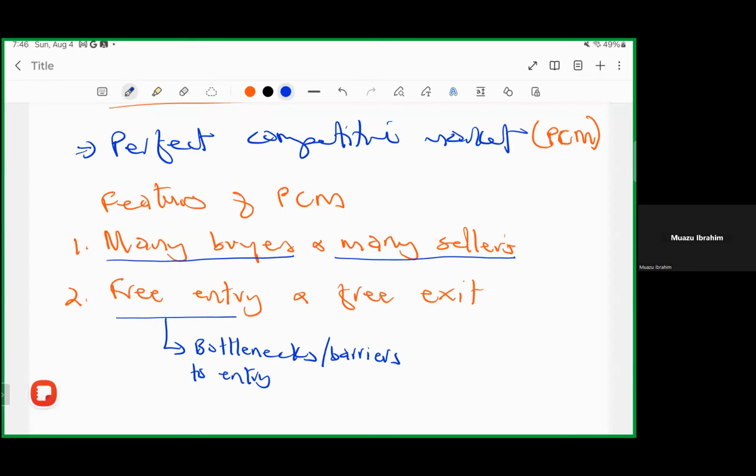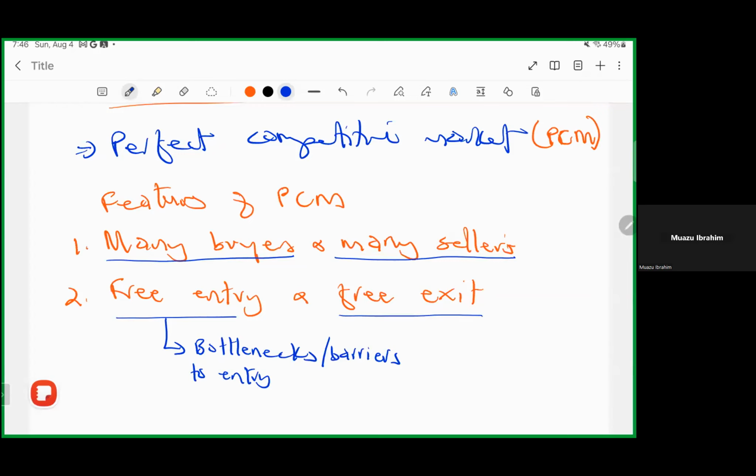Enter. If someone is selling and you find that the business is doing well and you are also interested in selling that same product, you do so the next day, if you have your capital. You can also enter that particular market to sell. The next moment, if the market is not good and you want to leave, no one should prevent you from leaving. So exit should also be